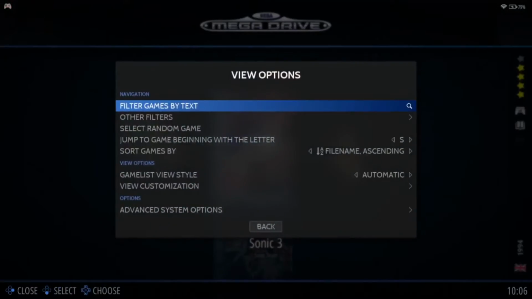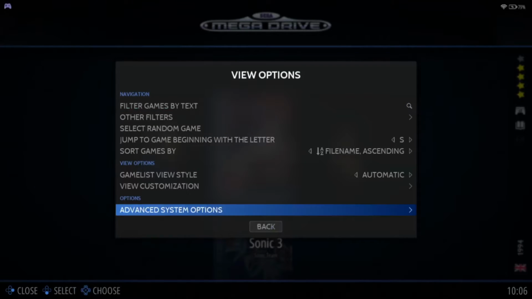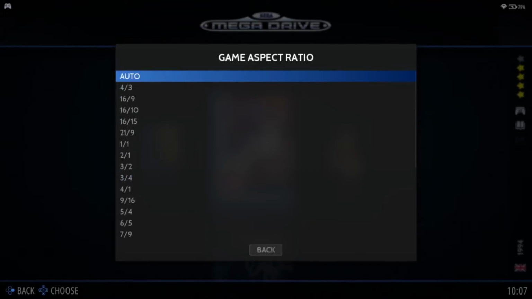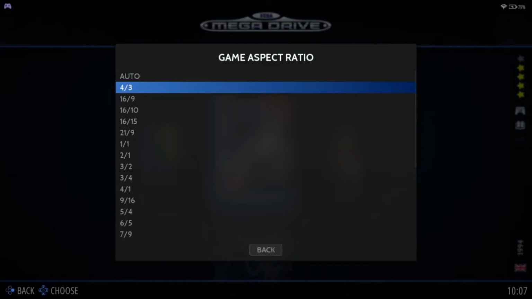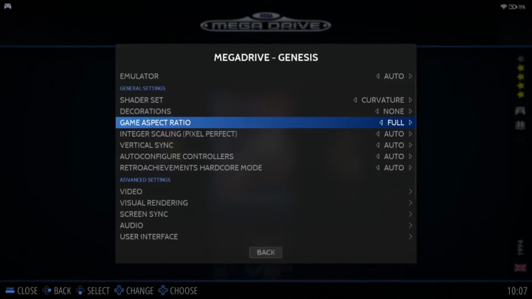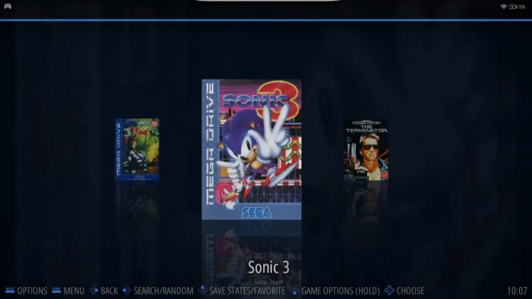And what I'm going to do next is show you how to actually turn this into full screen. So again, view options by pressing select, advanced system options, game aspect ratio. By auto, this is of course selecting 4:3 aspect ratio, which is the correct aspect ratio for Mega Drive games. If we go to the bottom of game aspect ratio and put this onto full, if we open up the game again,